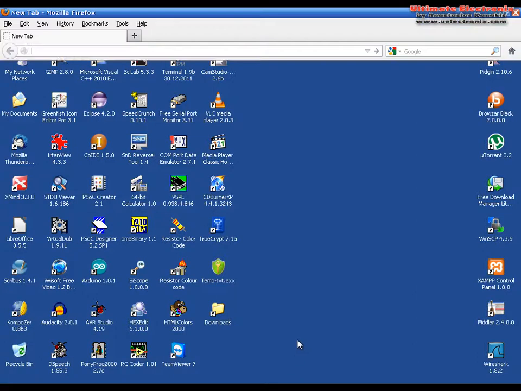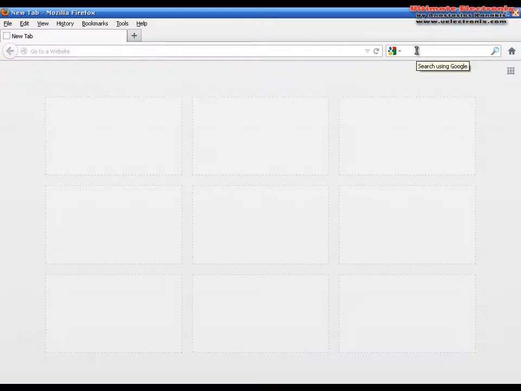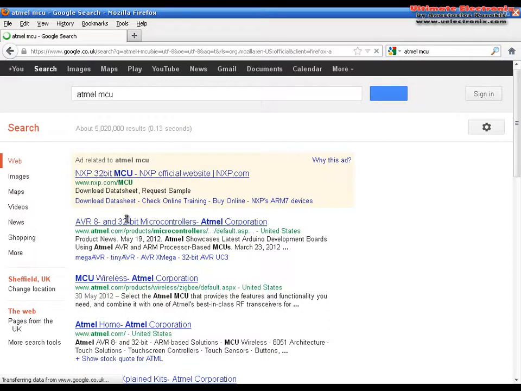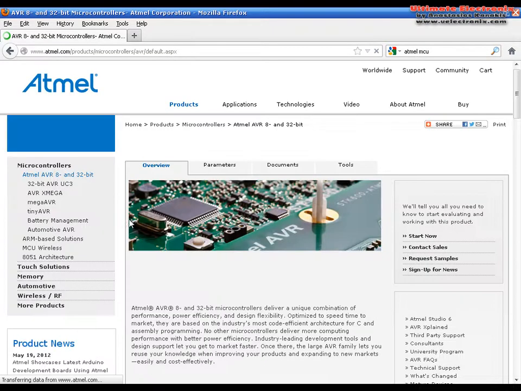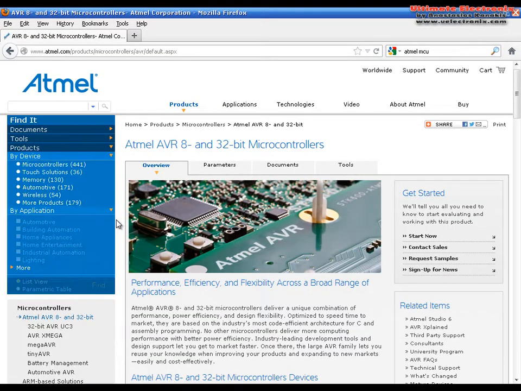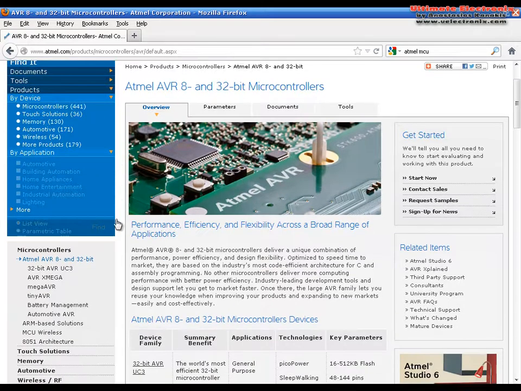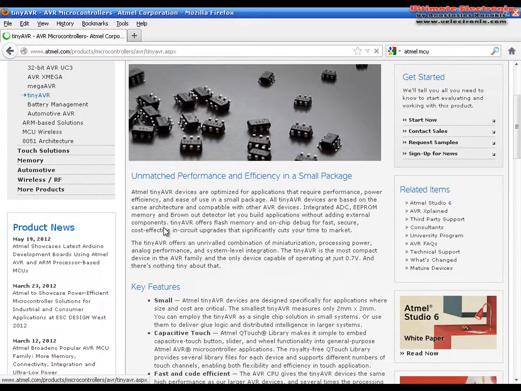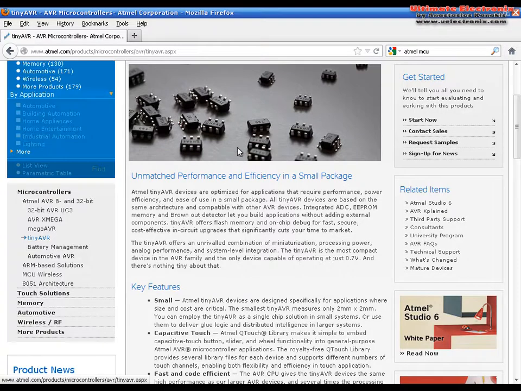So let's start a little bit about theory. I will use a web browser and type Atmel MCU. Now in the Atmel company, if we go to the microcontrollers, we will start from the tiny series. We will get this page. So as you can see, the smallest MCU can have 6 pins, 3 from one side and 3 from the opposite. So if we start with something very simple,